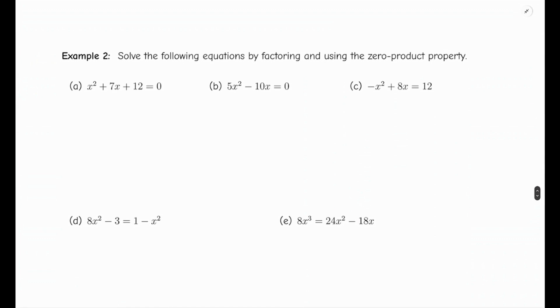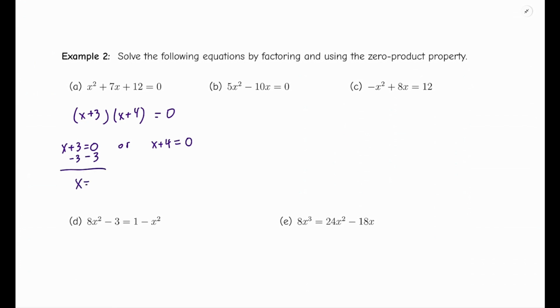Example 2. Solve the following equations by factoring and using the zero product property. Part A. x squared plus 7x plus 12 equals 0. Since the leading coefficient is a 1, I'm going to guess and check. And we'll get x plus 3 and x plus 4. Now, by the zero product property, this means x plus 3 equals 0, or x plus 4 equals 0, which implies x equals negative 3,